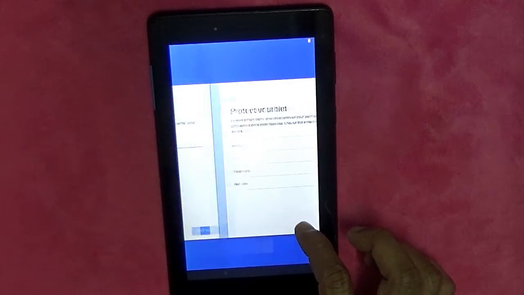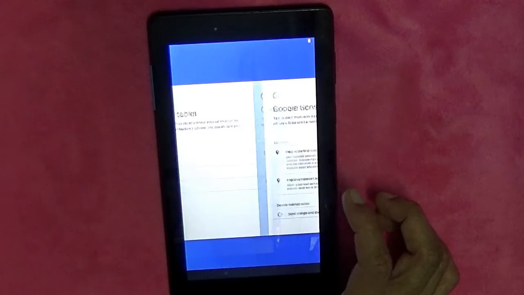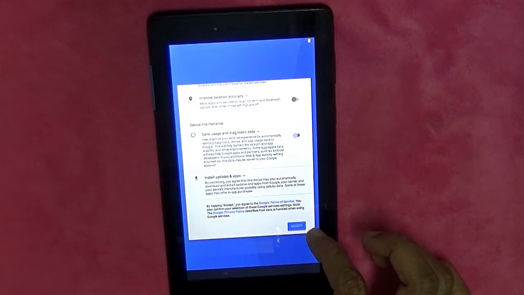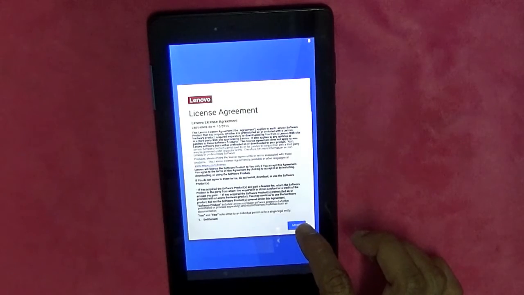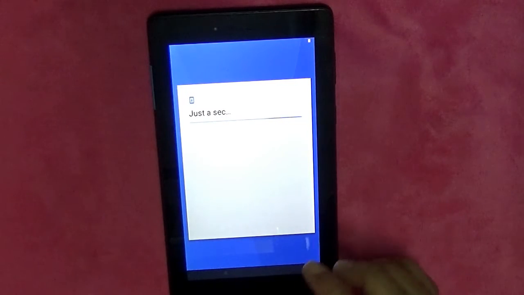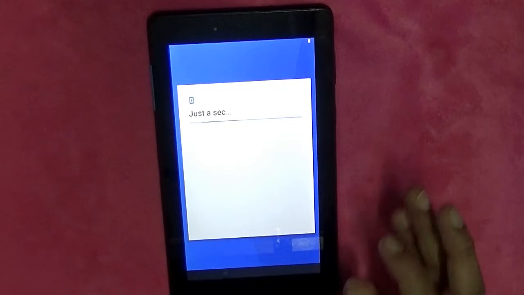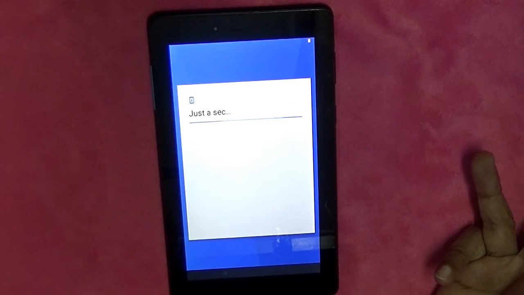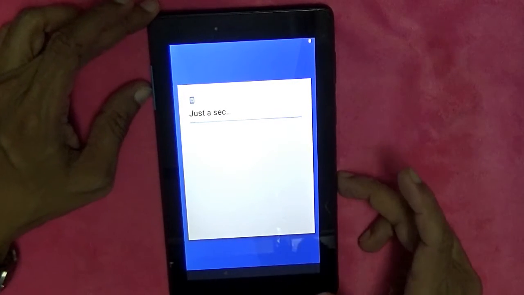So there's no need to assign any. All these settings can be done later, so I am just skipping them, saying no and skipping them out. Now this one was regarding the pattern lock.